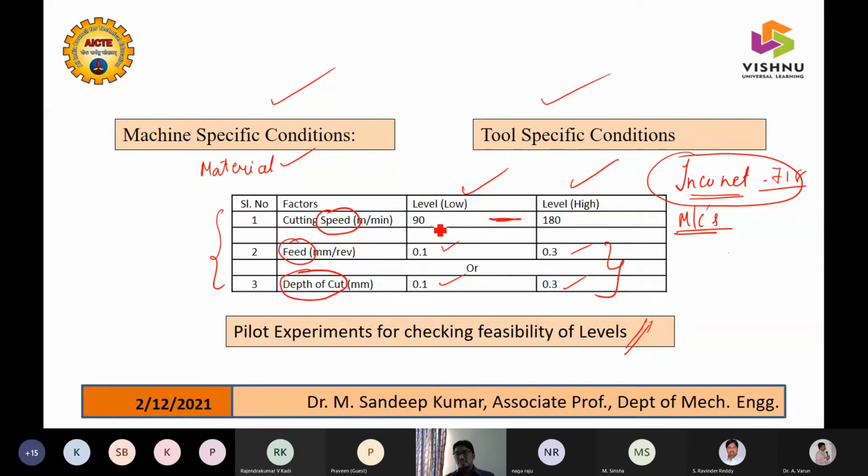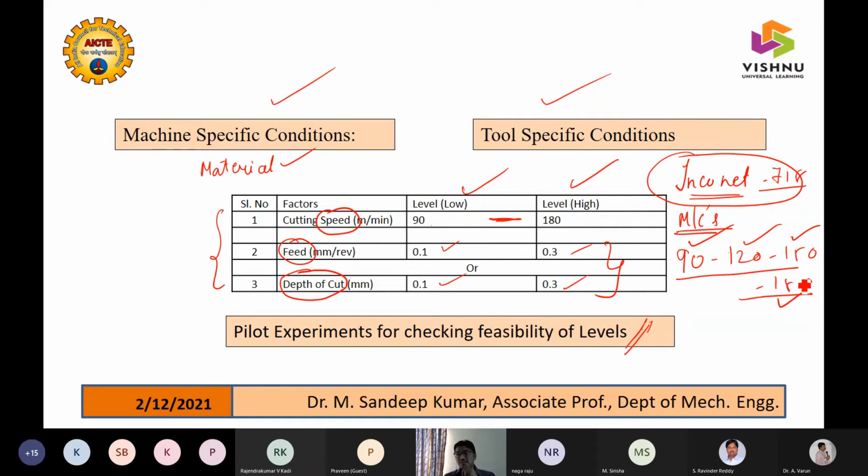And what we say is, from 90 I go on checking. I have kept a small number of levels. I may check 90, 120, 150 and 180. So at 90 it was feasible, 120 it was feasible, 150 it was feasible but the cutting forces were more. But at 180 sometimes the chatter marks will be more, right? Your tool and machine don't have the capability or rigidity to take the cut. So the tool is not able to cut, so it will try to glide on the workpiece and chatter marks may come up.